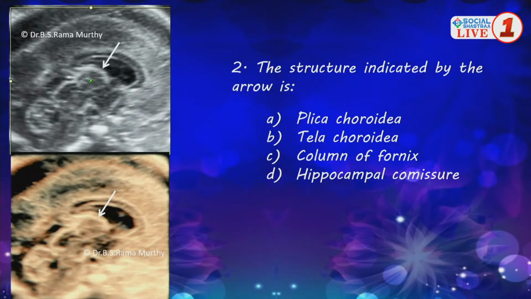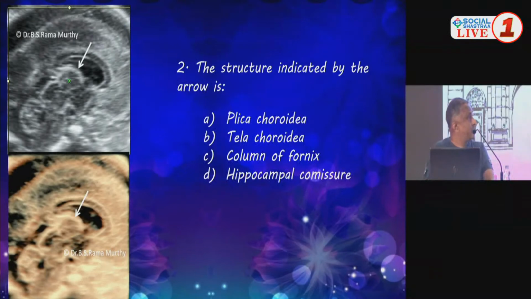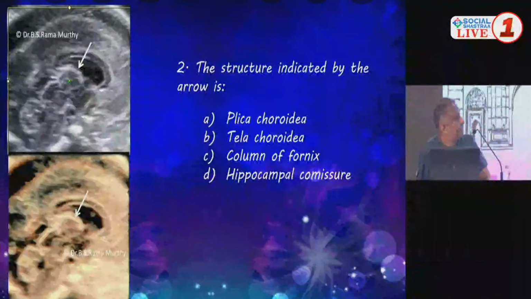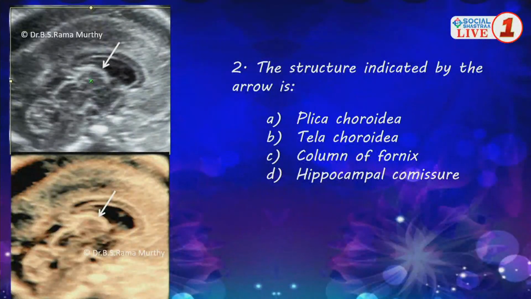So B is the right choice, and B is 61%. Am I reading right? 51%. Oh, now in the morning in the mid-sagittal section, we said this is the roof of the third ventricle, and that is tela choroidea. And that is actually the floor of the space, subcallosal cystic space, roof of the third ventricle. Tela choroidea is the right answer, and half of us have got it right.